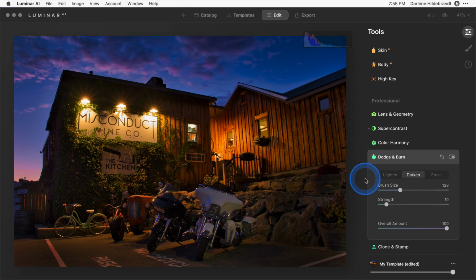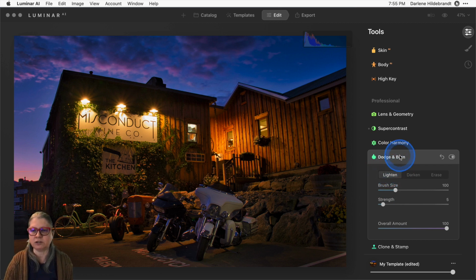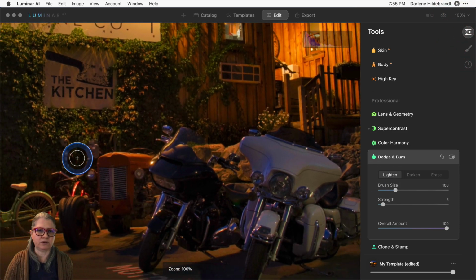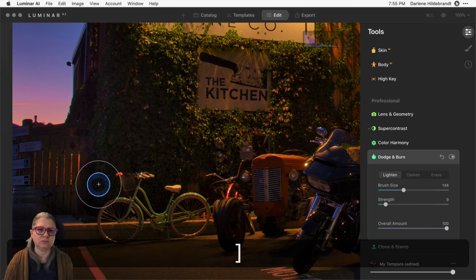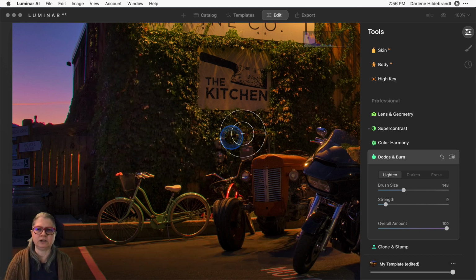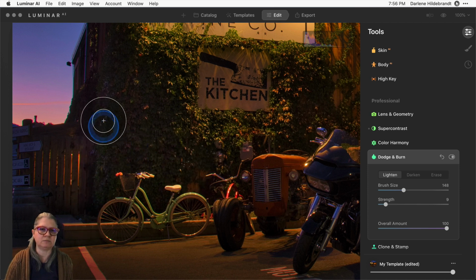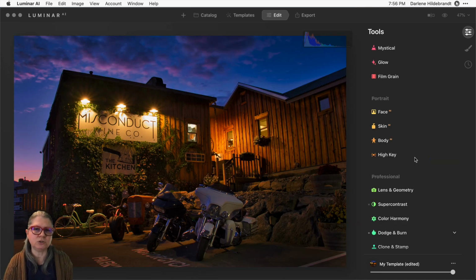Notice I'm doing small little clicks, little by little, and building it up. If I wanted more detail in some of the dark areas, you can also use the lighten part here, which is the dodge tool. So if you have another area where you want to bring more detail, let's just zoom in to this area here, and I'll just show you how it works. Same idea. So if I'm lightening, you can see that I'm bringing more detail into these leaves, but I'm doing it really gradually because I don't want it to have a hard edge and I want it to be not noticeable. Close the tool to apply it.